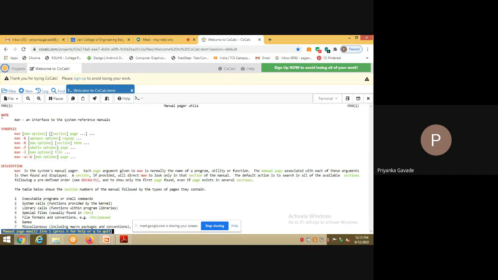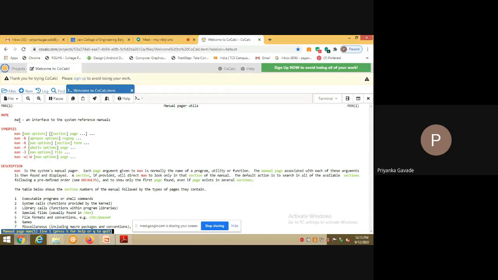So here again you can see the first page of the man command has name, has synopsis, has description. So these are the various ways in which you can make a call to the man command, right? So you can give a man command as man followed by its options followed by whatever is the command that you want to search for, right?